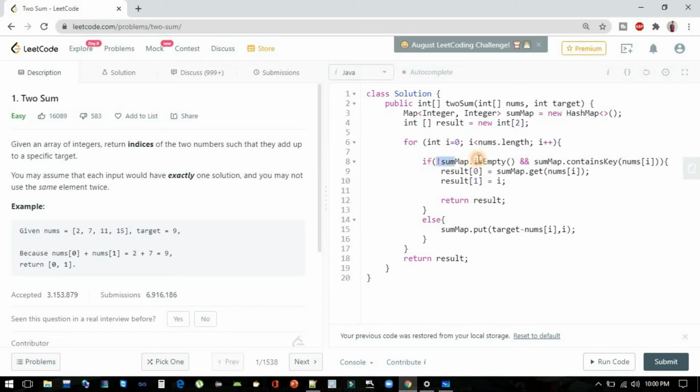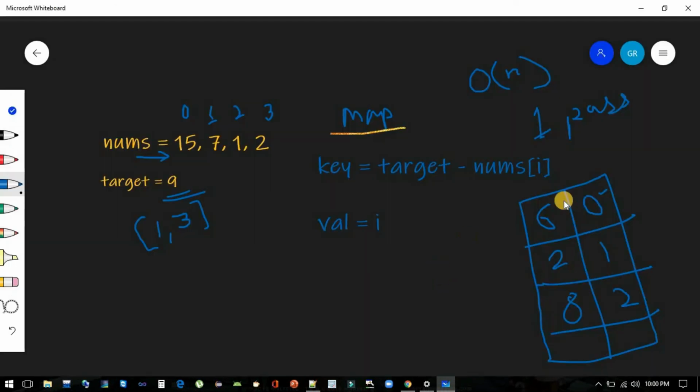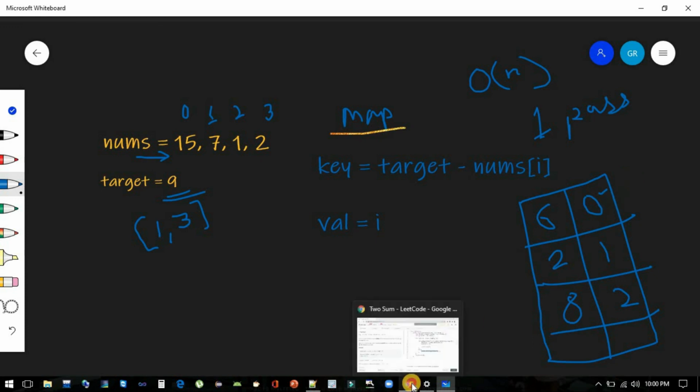Now here you can see one check: if map is not empty and map contains key nums of i, right? Then do this, else just put target minus nums of i and i, which we were doing here, right?